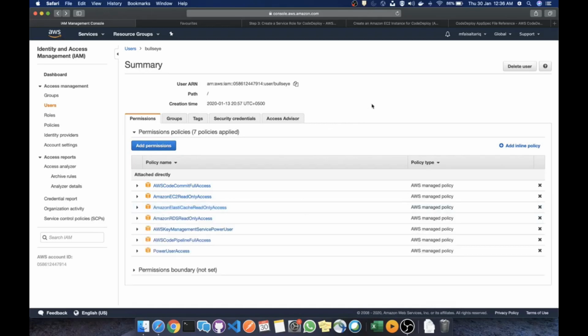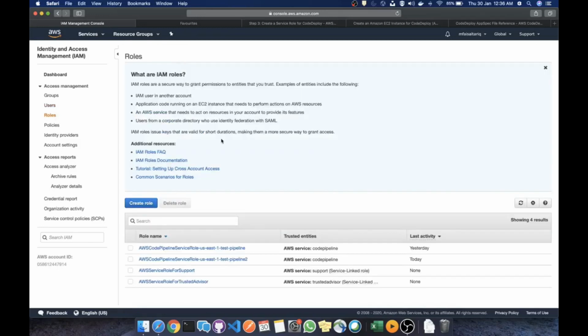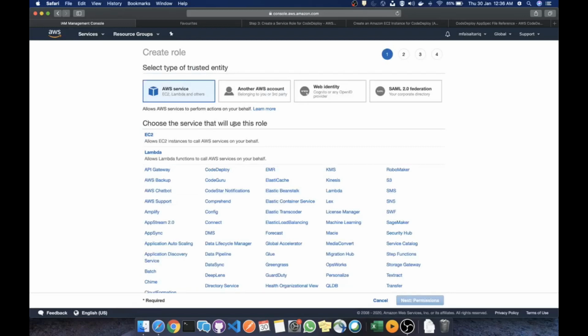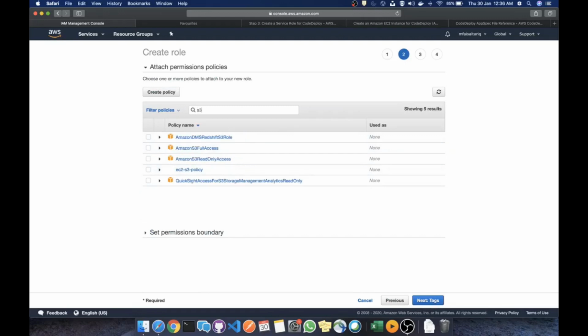Make sure that you already have the keys for this user and everything set up for this user, and then we need to create some roles for it. In order to do that, I'll go into the role section, and the first thing I need to do is create a role for EC2 instance in order to access the S3 bucket. So I'll search for S3 and I'll select this Amazon S3 read-only access,